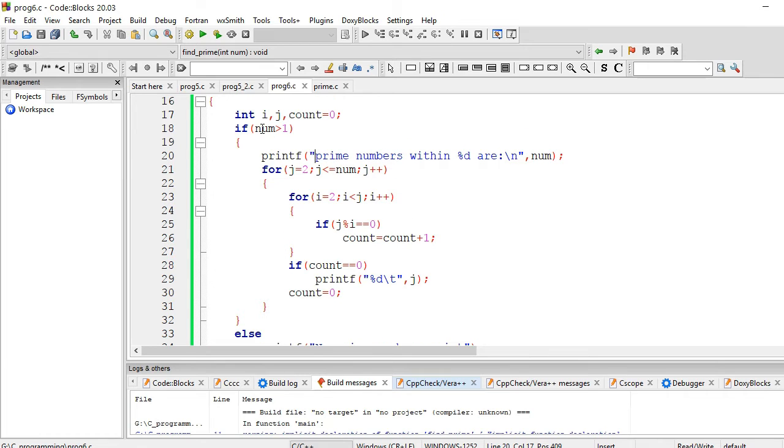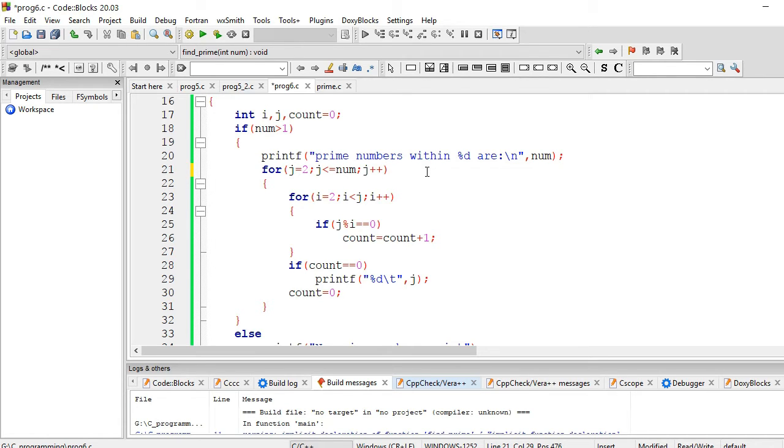Okay, so our number is obviously greater than 1, so we are entering our if loop. After that I have initiated a for loop. This for loop was not previously there, so we only had one for loop to check whether one number is prime or not. So this loop basically counts the numbers from 2 to that number. Okay, so let's see what this loop is doing.